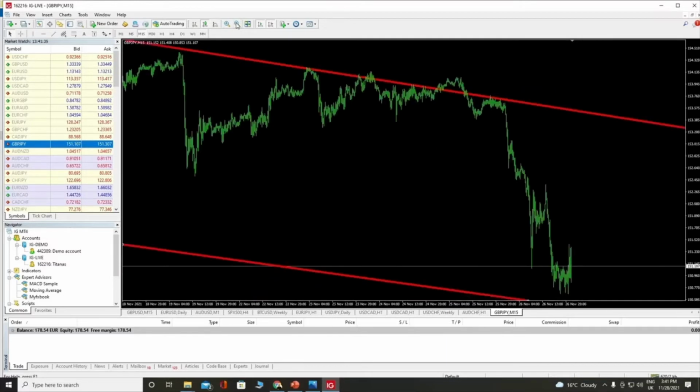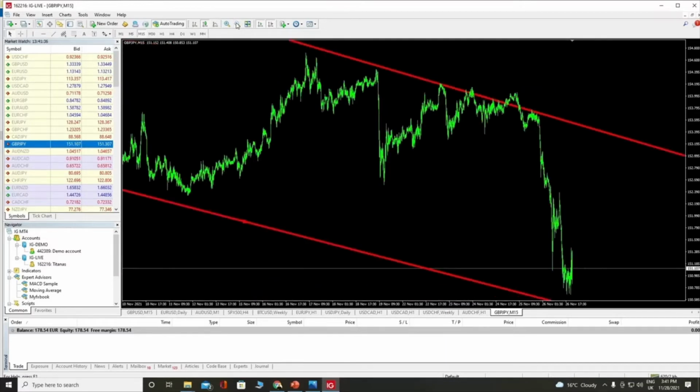Let's go to 15 minutes. 15 minutes is a good time frame. You don't have to wait forever. This also depends on the spreads that you are getting from your broker. The more trades you do, the more you are helping your broker. Just keep that in mind. You cannot do otherwise, but this is how it works.